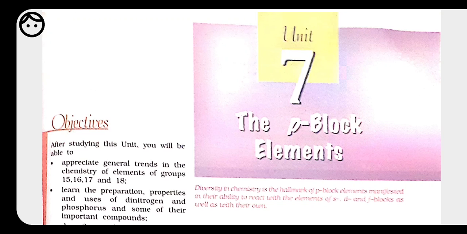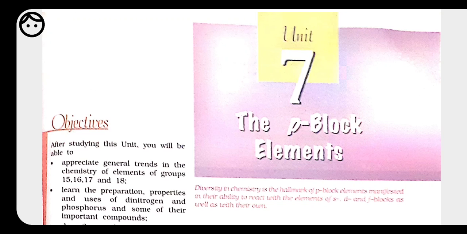We already have learnt about the 13th and 14th group of p block elements in class 11, but in this class we have to deal with groups 15, 16, 17 and 18. The elements present in the p block may be metals, non-metals, and also metalloids. So p block is the only block in which we have all types of elements present.